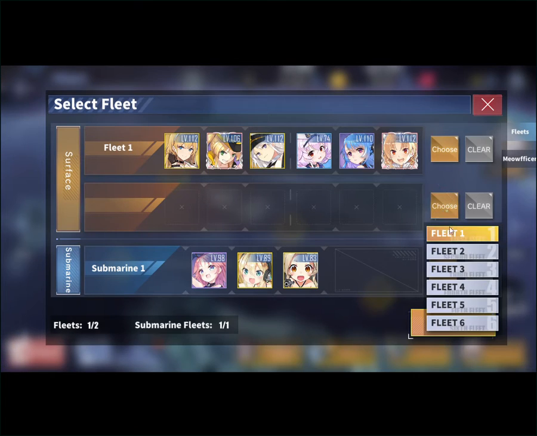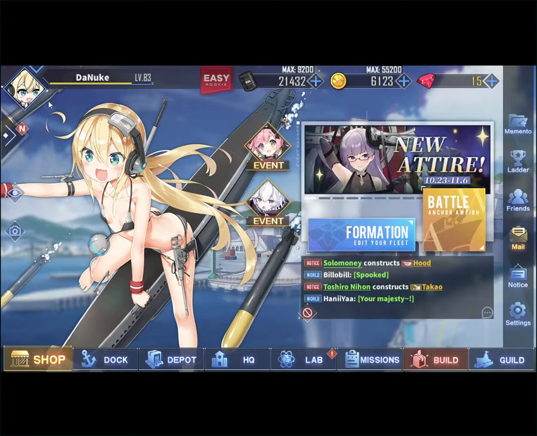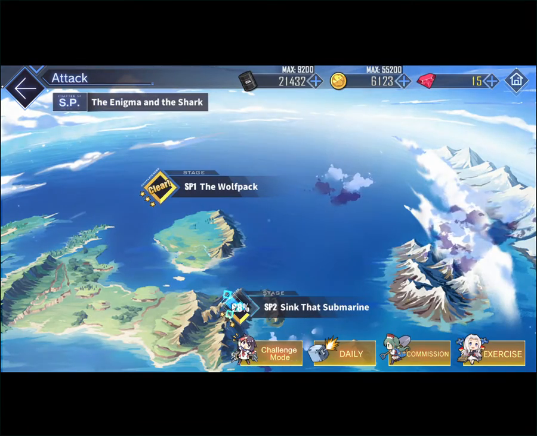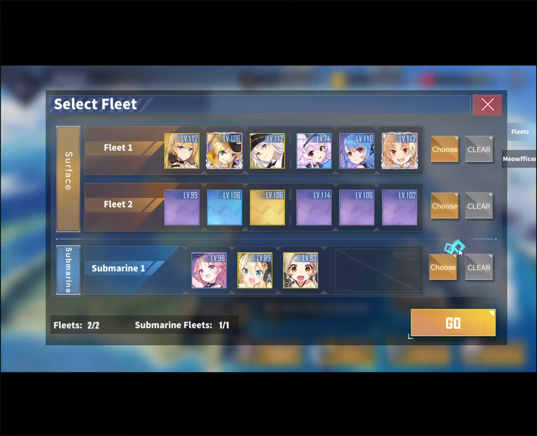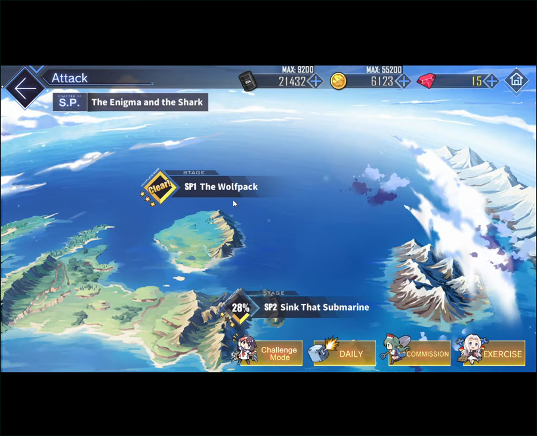So I'll call in fleet number 2. We don't need to do submarine warfare for this. We can do it directly from here. Call second fleet. Now for this event, because they say Wolfpack and this stage says sink a submarine, sink that